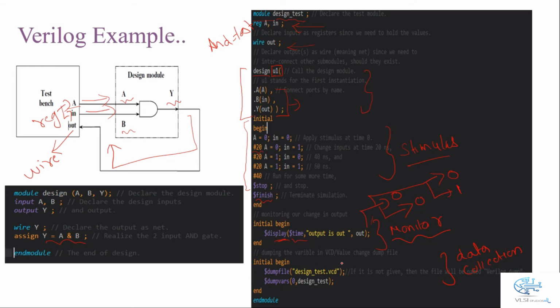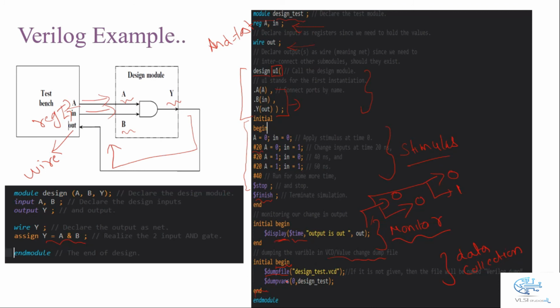Here we have to dump all the variables in a VCD file, or we call it the value change dump file. This file is generally used to collect all those variable information and store it in a separate file, so that we can use it in a separate folder for further use also. So for that, we have to use initial, begin in the module, as we have gone through in our 2 initial blocks, and we're gonna define that file with the dumpfile name.